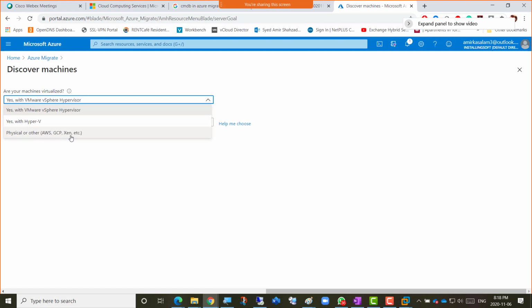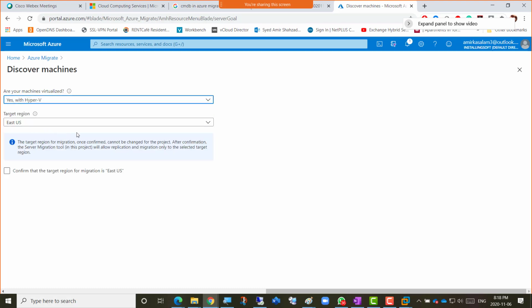So you can actually migrate in Azure Migrate from AWS, from Google Cloud Platform, and also from Xen Server, physical or other, right? So Azure Migrate actually is having those features already that you can migrate EC2 instances from AWS as well. So anyway, yes, with Hyper-V here,